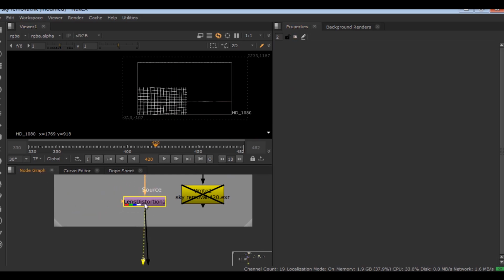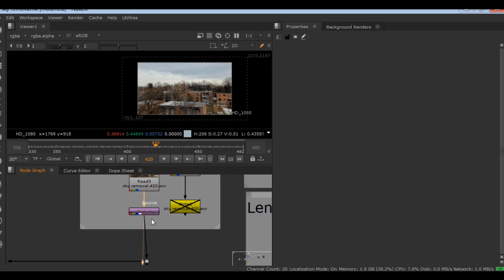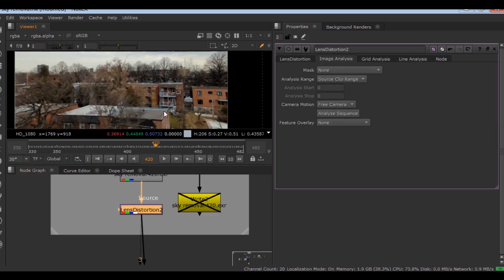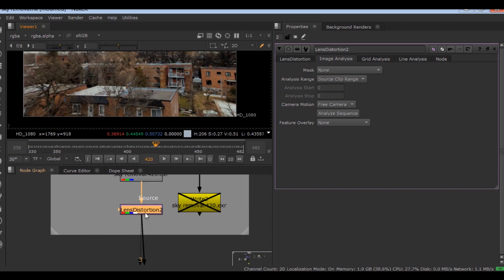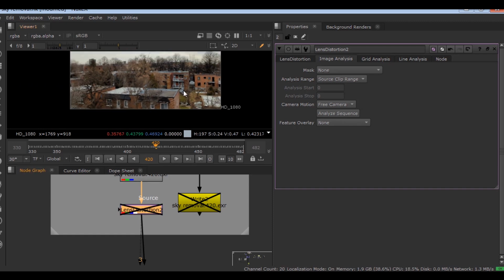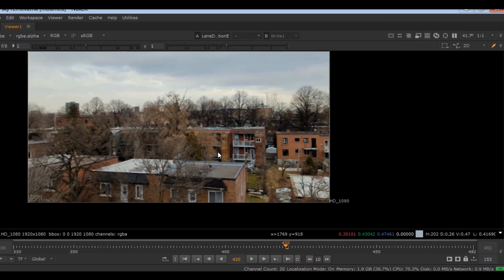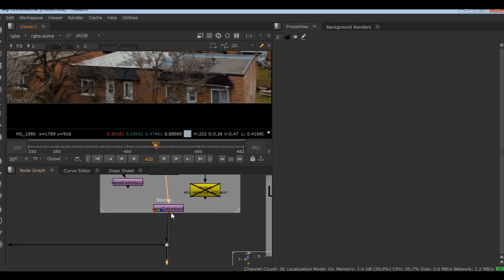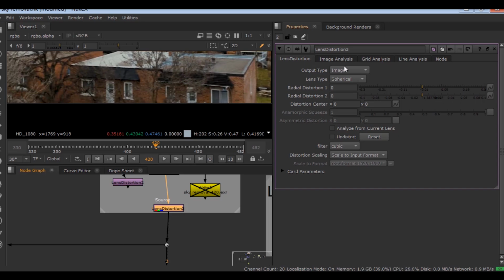So I connect here and look through it. I already have done the lens distortion, so if I want to use this inside of my shot, I should apply lens distortion to the CG. Let me show you how it works. In this shot, I should find a frame that has straight lines like this, or this thing here. So go to the lens distortion, go to Line Analysis,